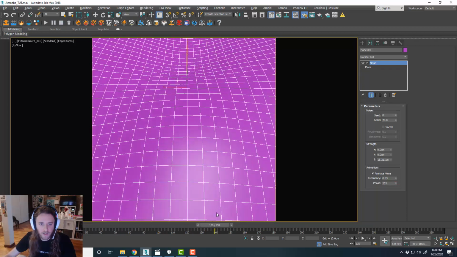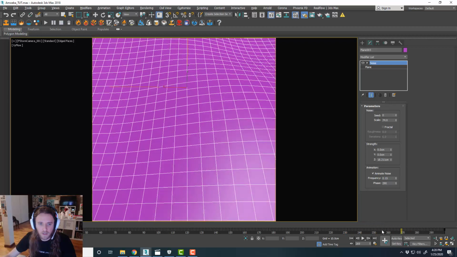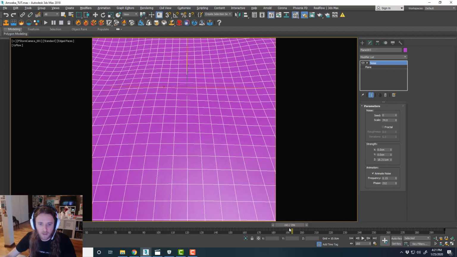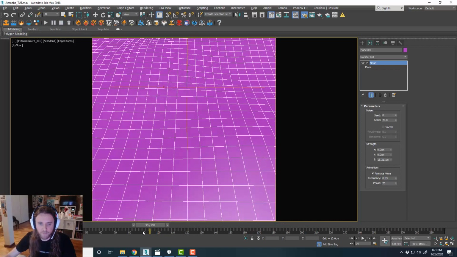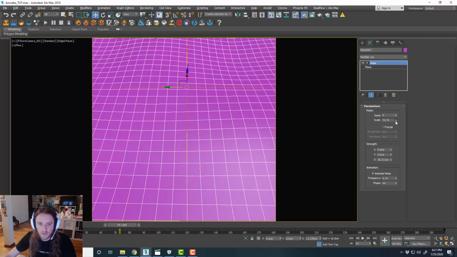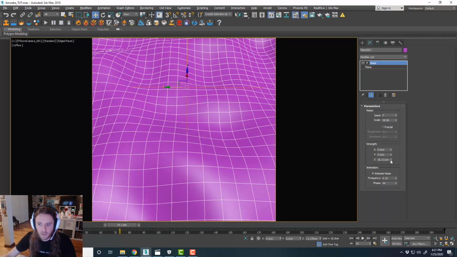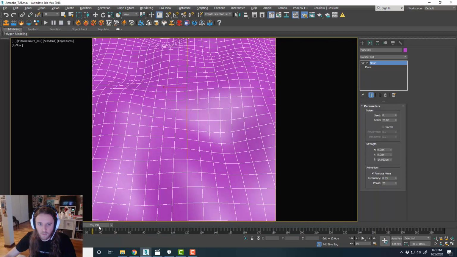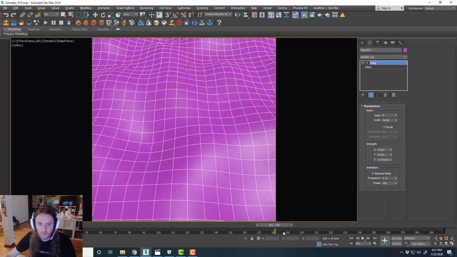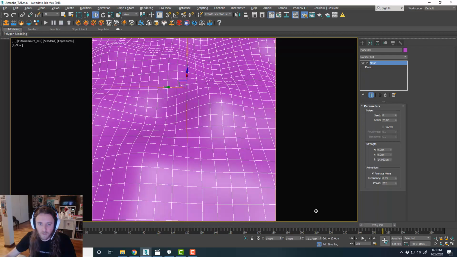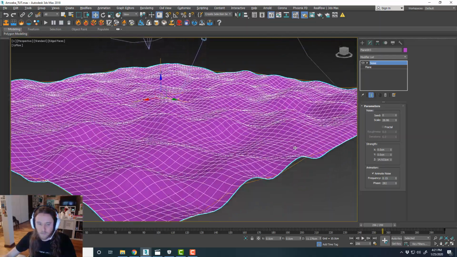So the idea here is I'm going to have this animated noise map, and in real time it's going to Boolean away the tops, basically the tops of the cylinders. So I'm going to turn this up a little bit, something like that. Should be kind of cool. So from here, what we could do is I might,